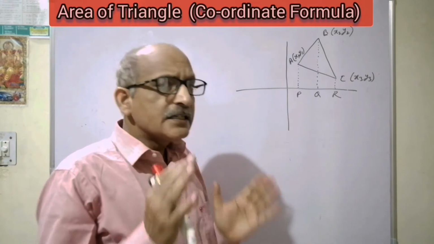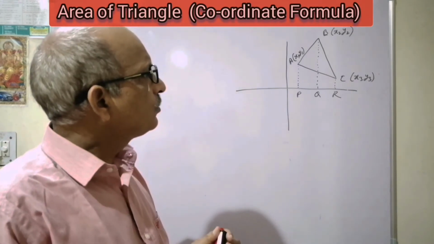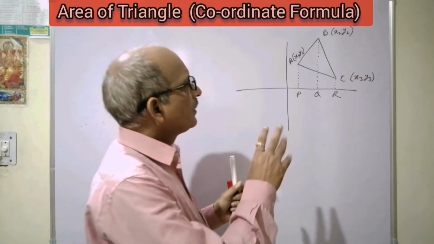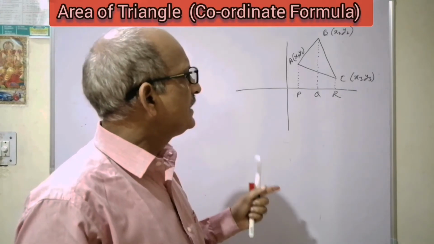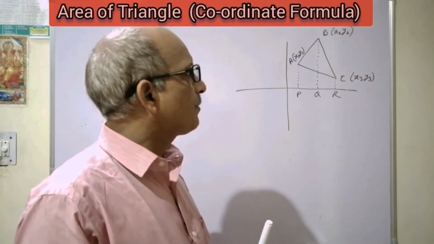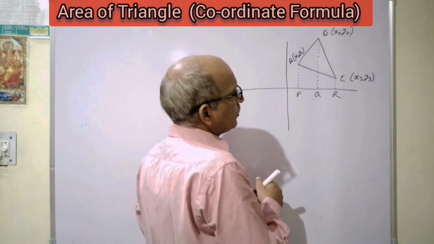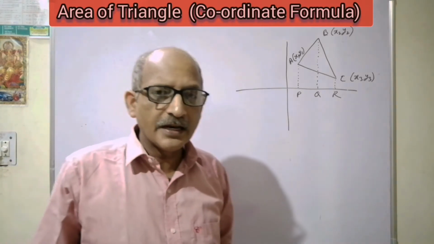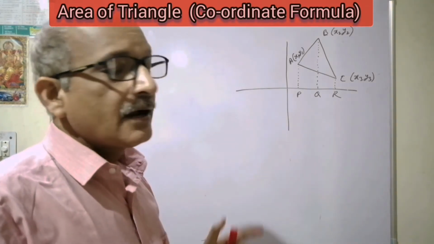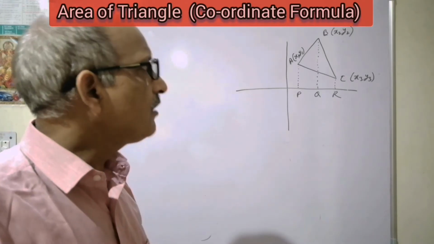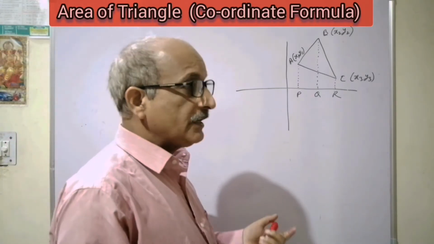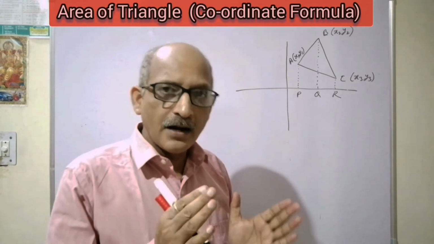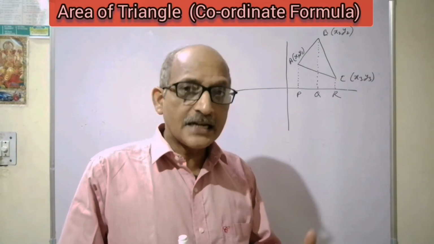So it is very clear, if we are going to find the area, the whole area means the area of pentagon ABCRP, and from there if we subtract the area of trapezium ACRP, we will get the area of triangle ABC. Before coming to it, we should think about the trapezium. What is the area of a trapezium? The area of a trapezium is the sum of parallel sides upon 2 into the distance between them.